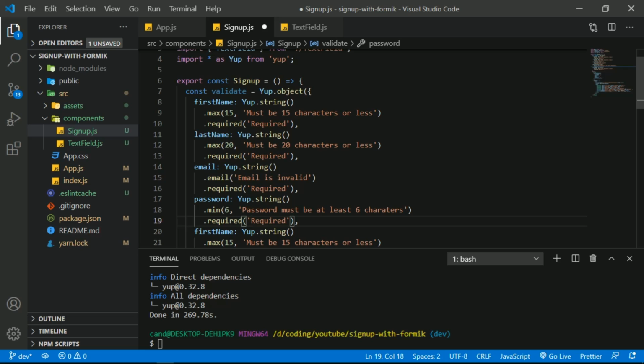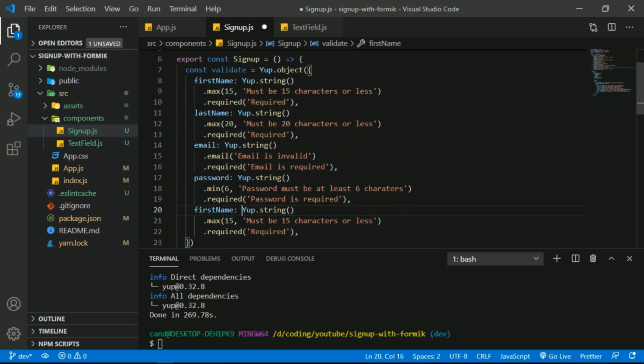And required, I want to change that into password. Password is required. And email, let's change that into email is required. And for the confirm password